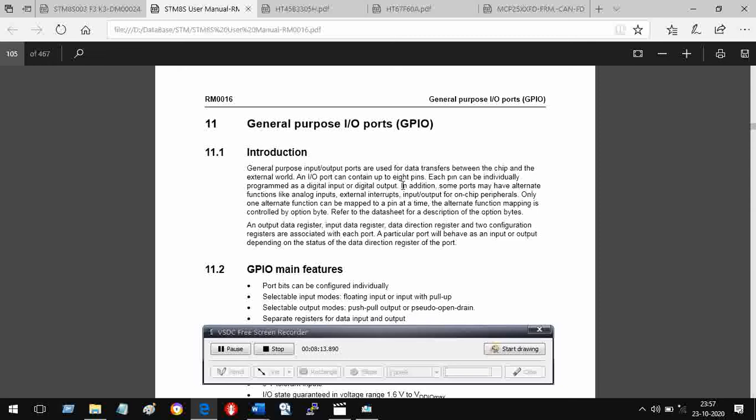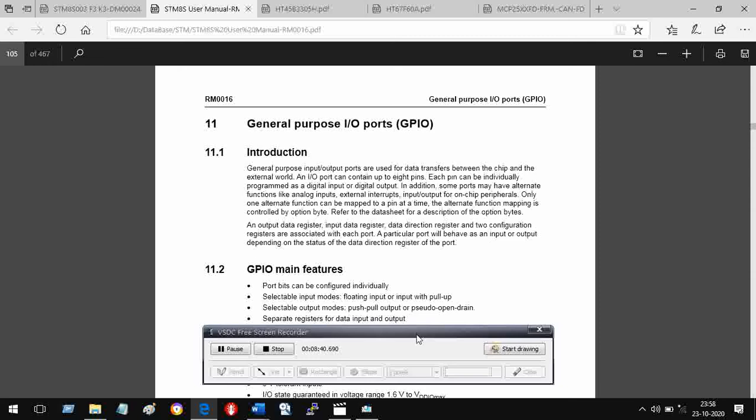There is something else also written here, to which we will go some other time. It says that in addition, some ports may have alternate functions like analog inputs, external interrupts, and IOs for peripherals. But I will not go into all this. I will only restrict myself to the simple input-output functions.